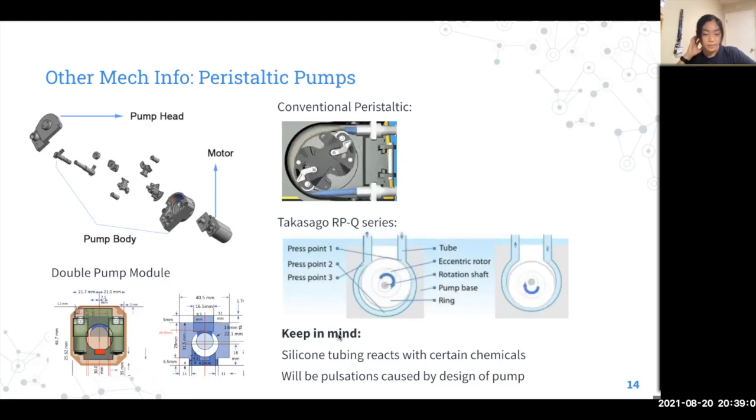And some other things to keep in mind for your pump. The pump has some sort of silicone tubing, and that tubing does react with certain chemicals. So if you're using any sort of weird oil or something like that, probably try to test it with the pump tubing